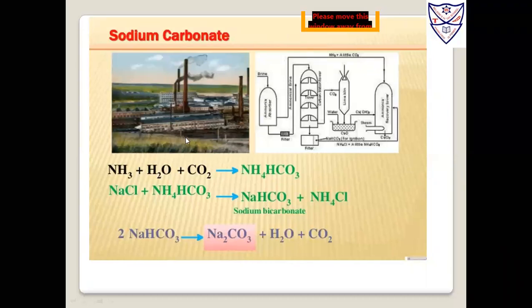In industries, there are different levels. Brine means a thick solution of sodium chloride. That is added over here, and it goes to an absorber, and from that there is the filtration process, and then different temperatures are applied. From this they eliminate carbon dioxide, and in this way there are different steps for forming sodium carbonate.